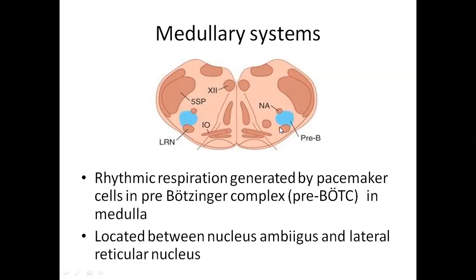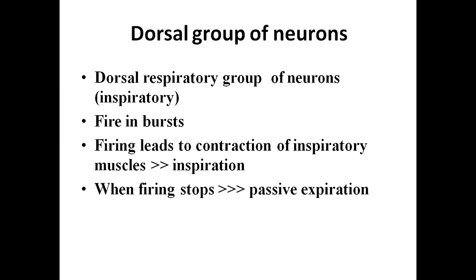Near to this, the pre-Bötzinger complex is present in between two nuclei. One is called nucleus ambiguus (NA), and the second one is the lateral reticular nucleus (LRN). In between these two nuclei, this pre-Bötzinger complex is present, and it generates the signals for the normal rhythmic respiratory movements. And the dorsal group of neurons, the dorsal respiratory group, is present in the medulla